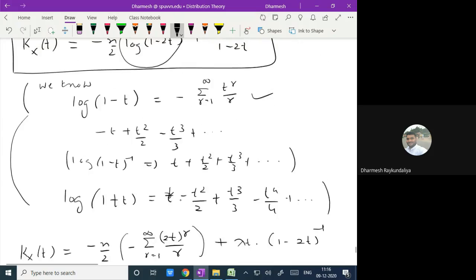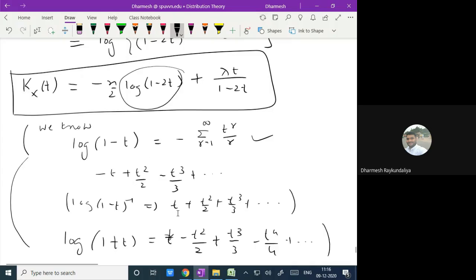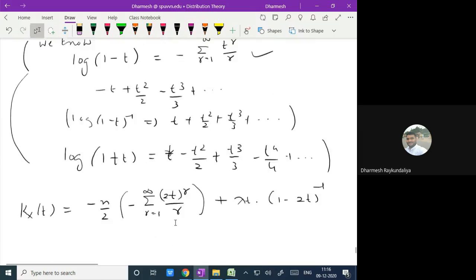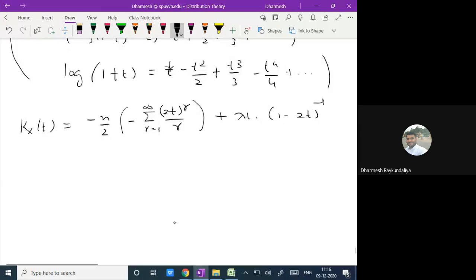Why? Because lambda t into 1 upon 1 minus 2t is in the denominator, so we can write in the numerator it is 1 minus 2t raised to minus 1. And we also know about this, it is minus minus plus, so I can write here it is n by 2 summation r equal to 1 to infinity 2t raised to r upon r plus lambda t,